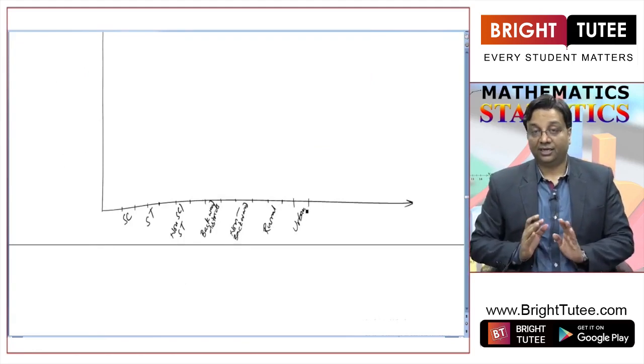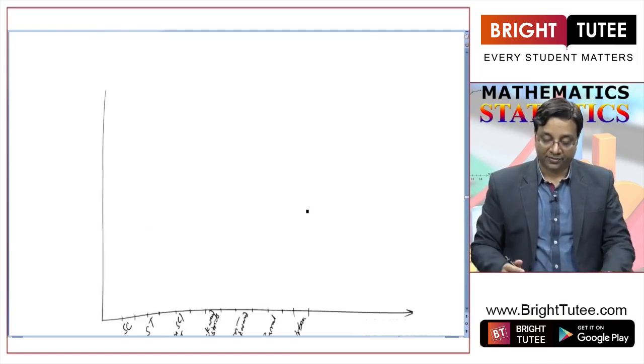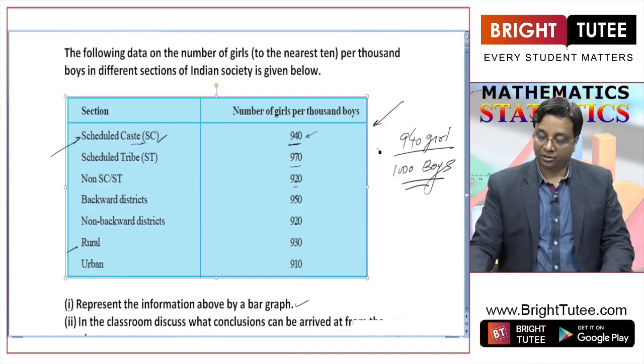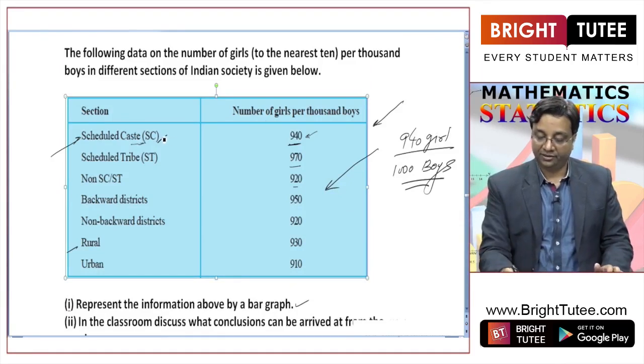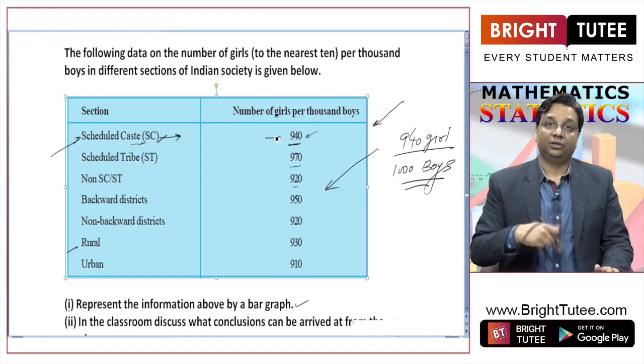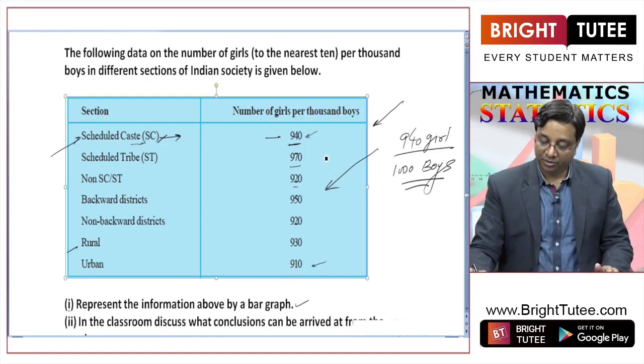How do I check the heights? Widths I have taken as uniform widths. Now I need to check their heights. So heights will be corresponding to these numbers, these frequencies, right? Corresponding to SC, I need 940 as the number on the vertical axis. So these numbers, if you notice, start from 910, go up to